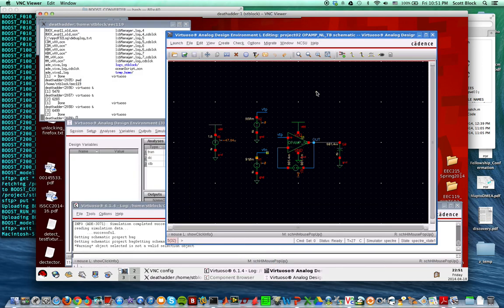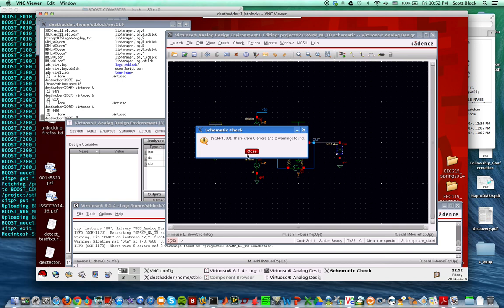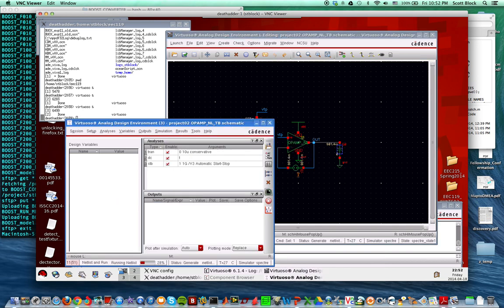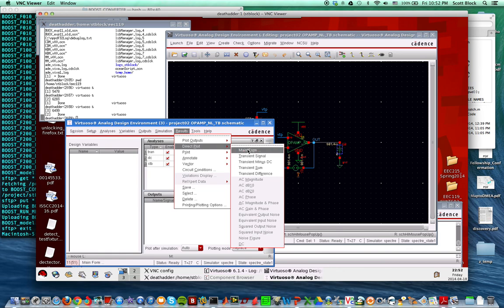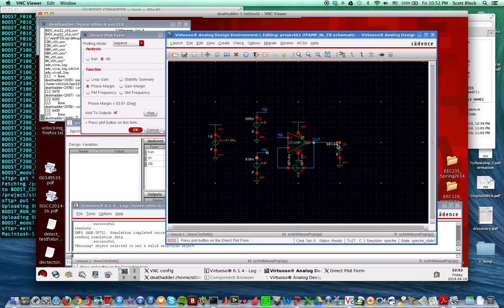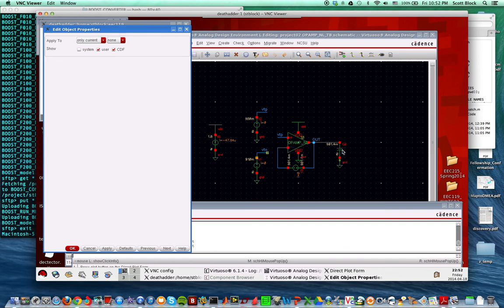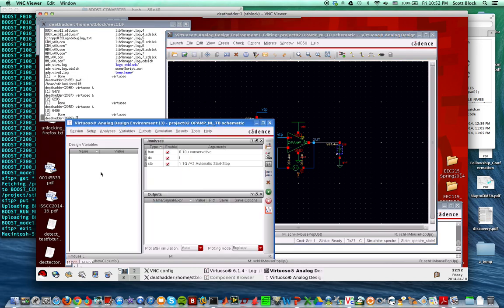So I'm going to change this load cap right here. You should run your simulations with some sort of load, but I'm going to show you, oops, that's huge. I'm going to show you that the stability changes when I run a new simulation. So if I go results, direct plot, main form, phase margin, see it dropped a bit, 53. That's still pretty good. So I'm going to put this back at 50. Oh, actually it doesn't matter for the rest of the demonstration. Okay, so